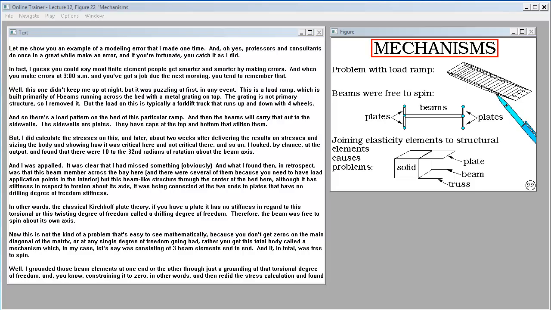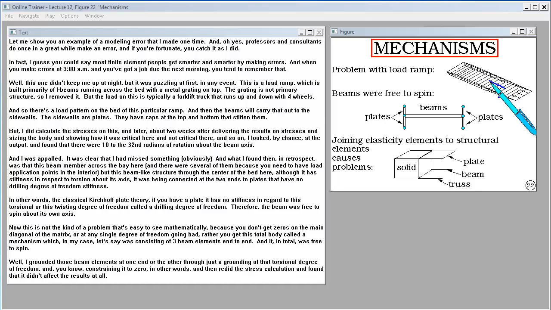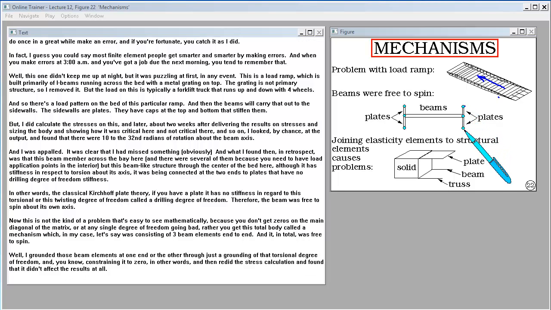This is a load ramp which is built primarily of I-beams running across the bed with a metal grating on top. Now the grating is not primary structure, so I removed it. But the load on this is typically a forklift truck that runs up and down with 4 wheels. And so there's a load pattern on the bed of this particular ramp. And then the beams will carry that out to the sidewalls. The sidewalls are plates. They have caps at the top and bottom that stiffen them. But I did calculate the stresses on this, and